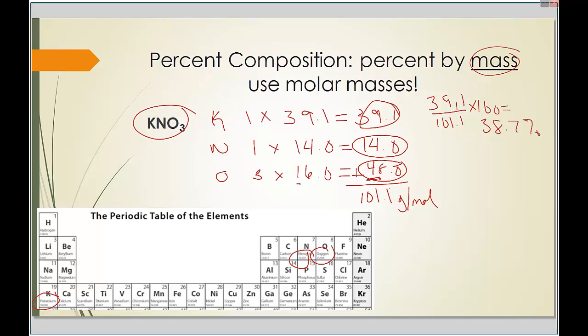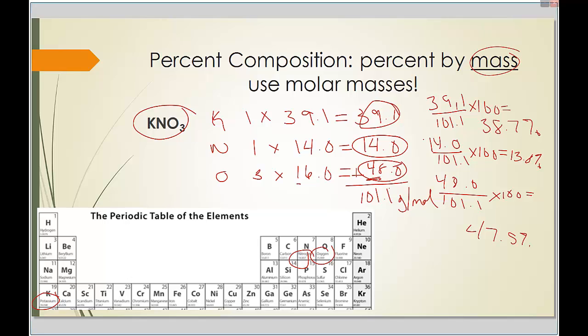The next one is 14.0 divided by 101.1 times 100. That comes out to be 13.8%. And the final one, 48.0 divided by 101.1 times 100. That comes out to be